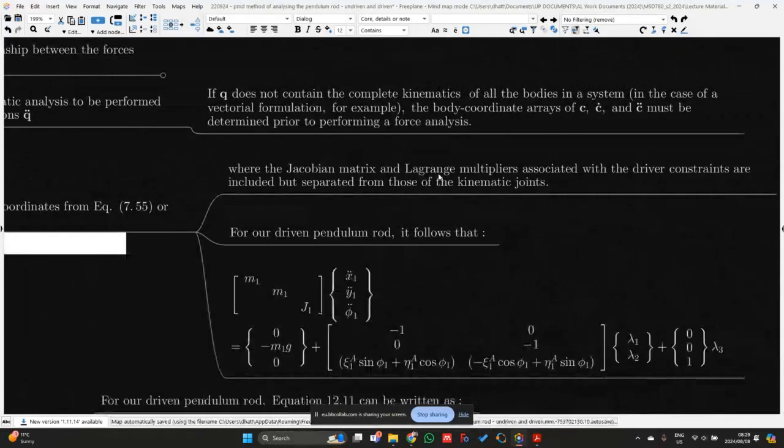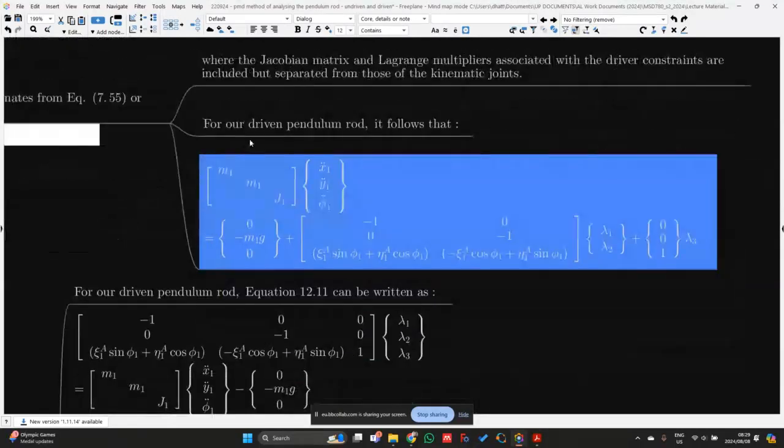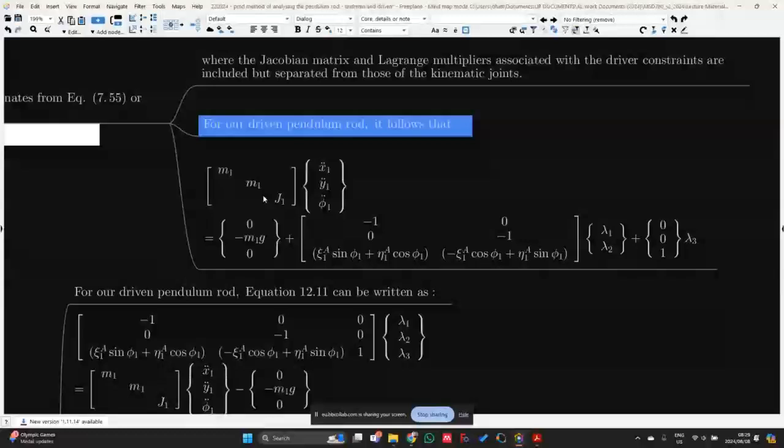Okay, so the Jacobian matrix and Lagrange multipliers associated with the driver constraints are included, but we separate those from the kinematic joints. For our driven pendulum rod, it follows that we have our mass matrix denoted over here. So it's a diagonal matrix with M1 in the first two rows. And then we have J1 in the last row, which is just to relate the moment equilibrium as well. And we can expand this, since our only applied force in this case is weight. We're just going to denote that in the Y direction. Then we plus this